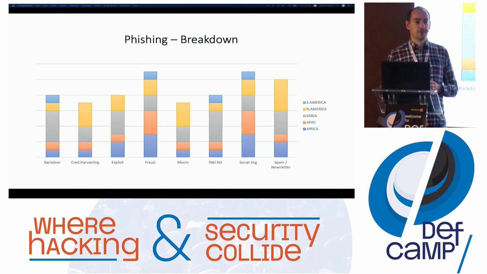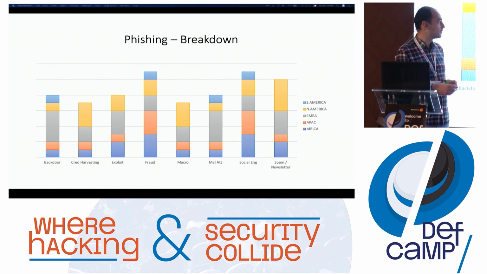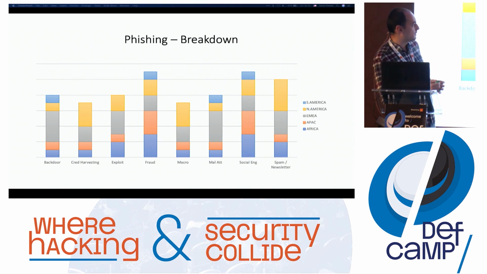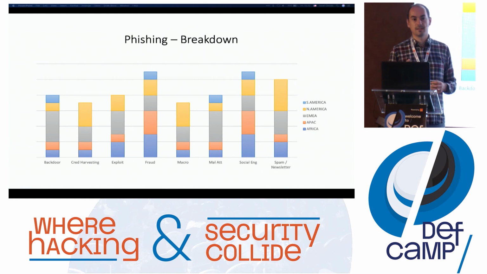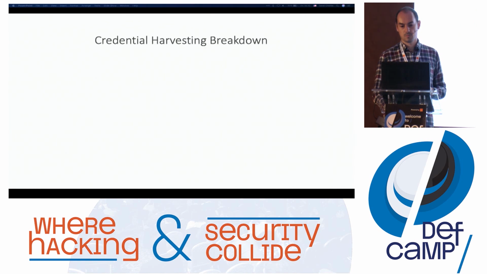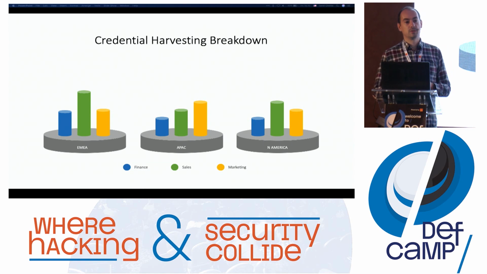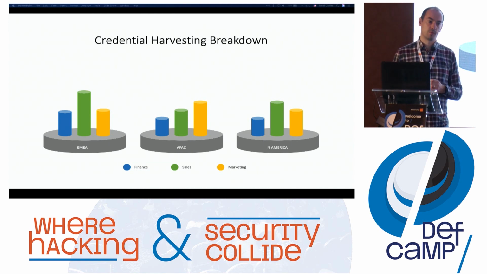What if you add another criterion there? Geolocation. Yeah, you've registered again over a year. You split it by all the phishing categories, and guess what? You see that in Africa you have fraud on the rise. Take that information with you, draw some conclusions, and use them a little bit later in the presentation. Credential harvesting, that's an important one. What about trying to understand what departments are more prone to be phished?